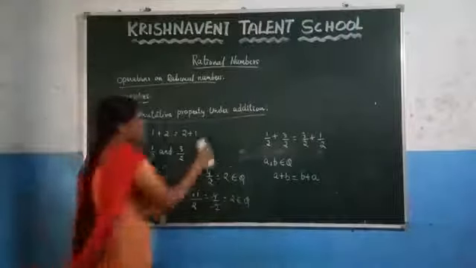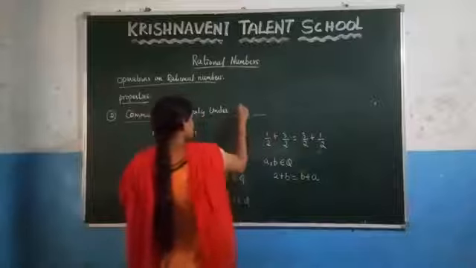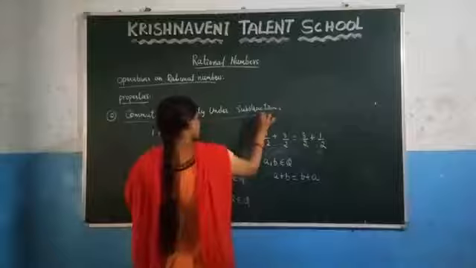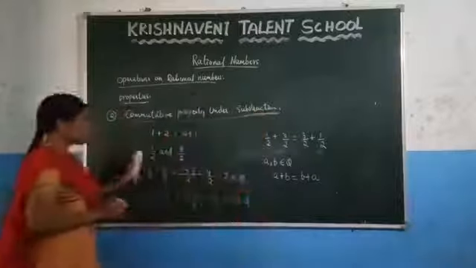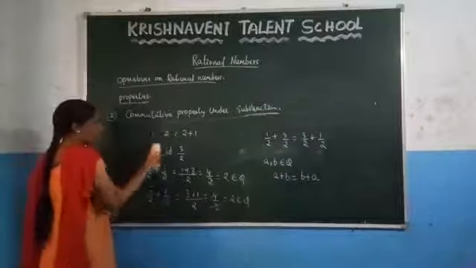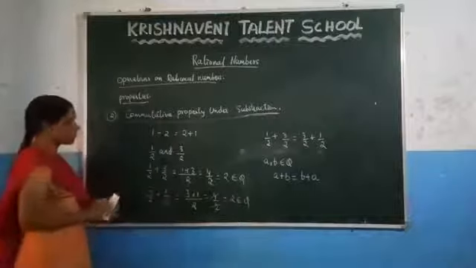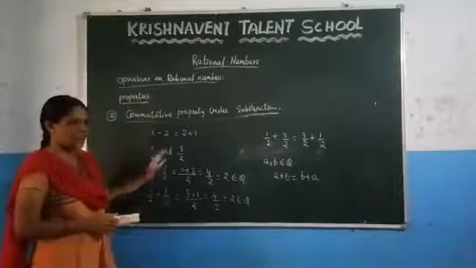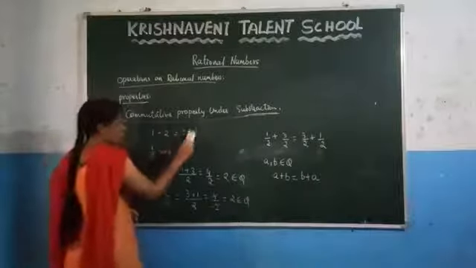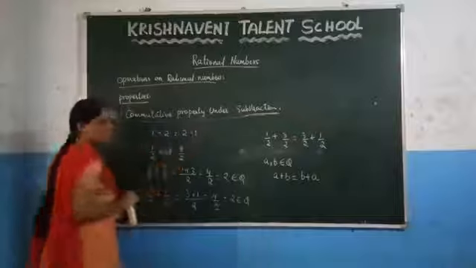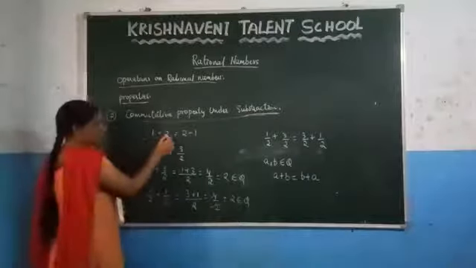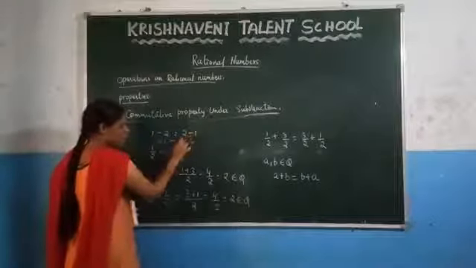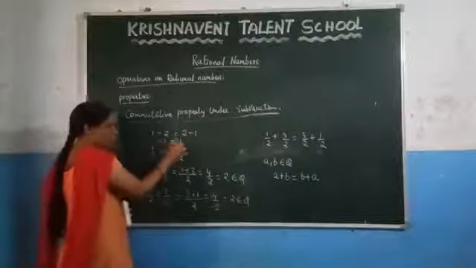Now see under subtraction. The same, just we are doing the operation subtraction. Let us consider the same example here. Consider 1 and 2. Here we are subtracting the numbers, 1 minus 2, and after changing the order, you have to get the same result. Now change this order. 1 minus 2 must be equal to 2 minus 1. Is it possible here? What is the value of 1 minus 2? You know that the value of 1 minus 2 is minus 1. And what is the value of 2 minus 1? Which is 1. You know that minus 1 is not equal to 1.